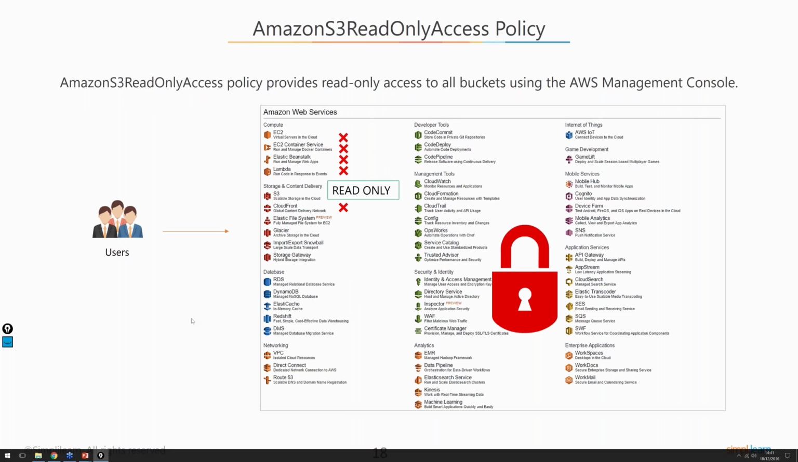Another type of policy is Amazon S3 read-only access. It's a very common policy that we use because it only allows read-only access to a specific service called S3. Now, it's good because it doesn't allow access anywhere else. However, you need to remember that this user will have access to every single bucket on S3, which sometimes can